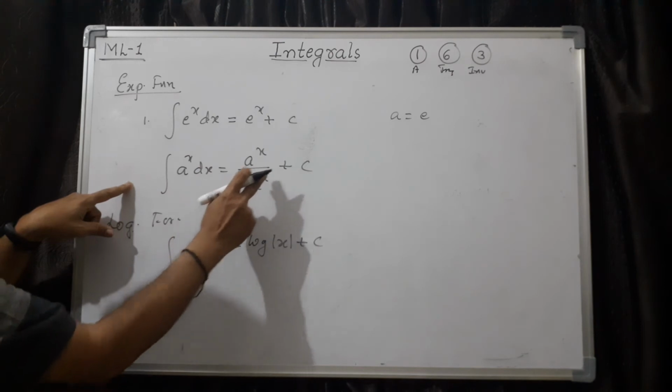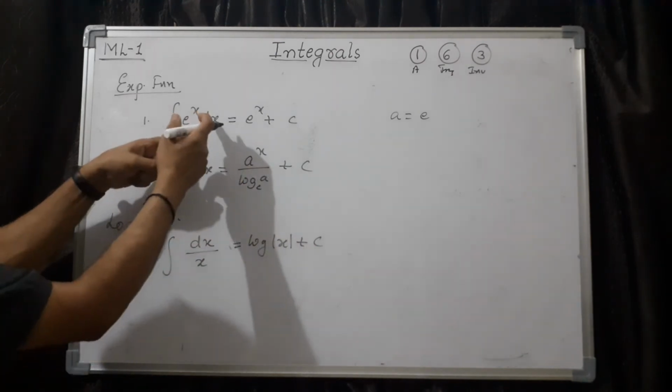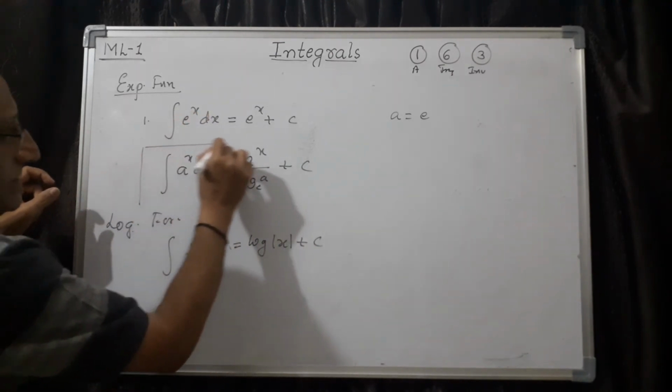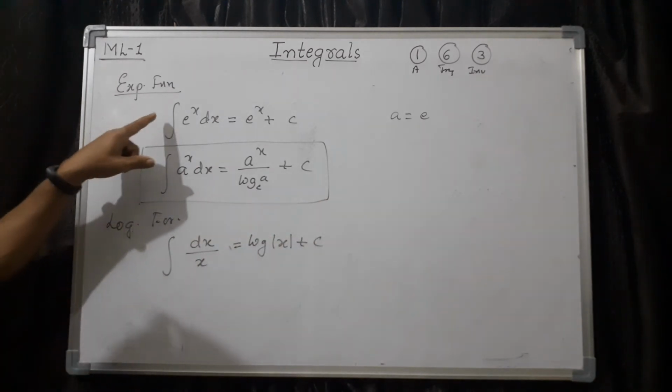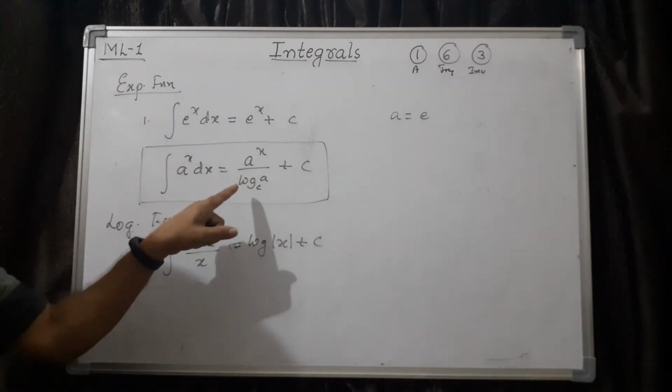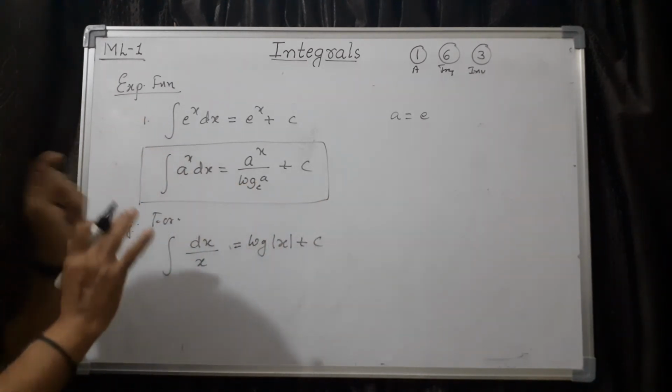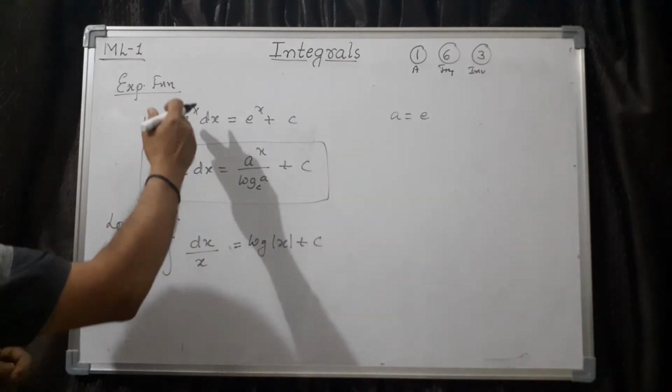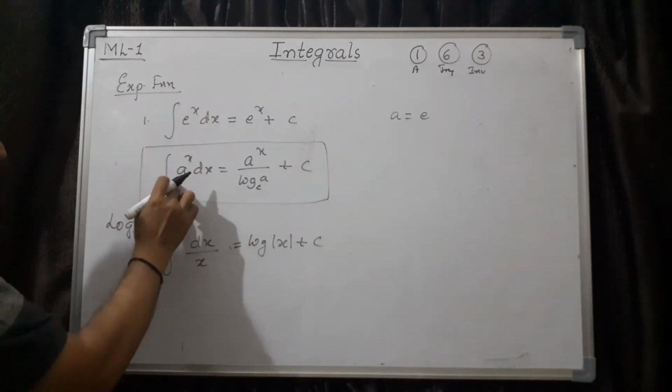What about log e to the base e? You get this one. Therefore, it is sufficient if you remember this formula, and this is the special case where a equal to e. But better you remember both, because most of the time we get this formula only. Therefore, if this is the formula, you have to remember this.